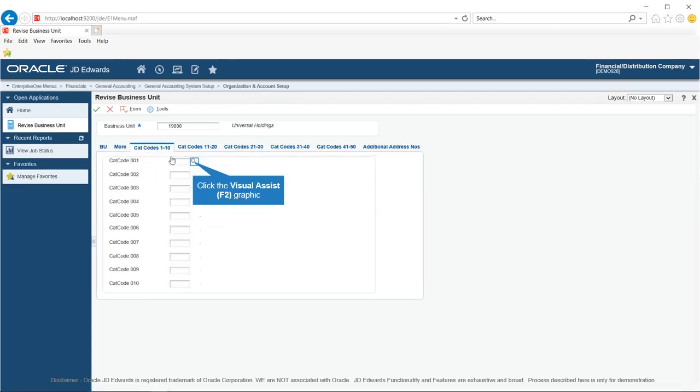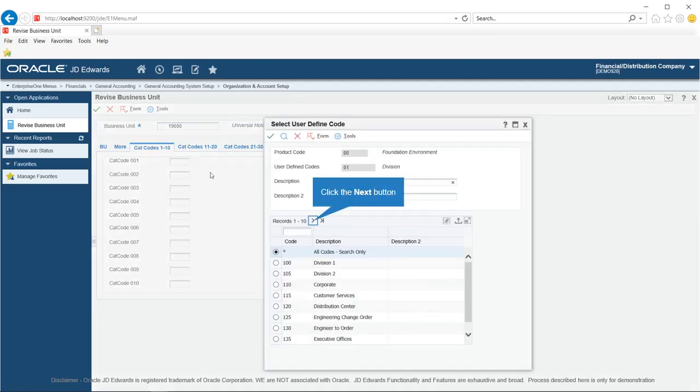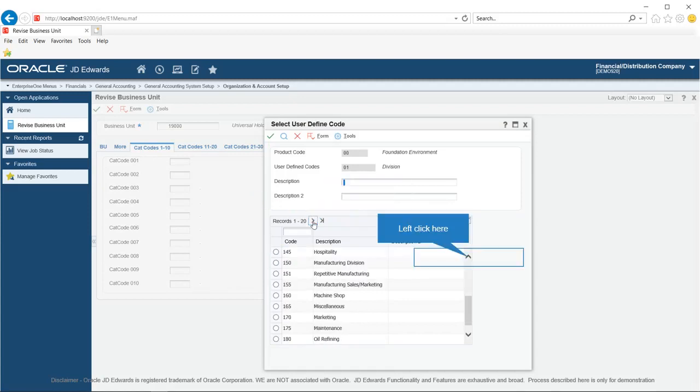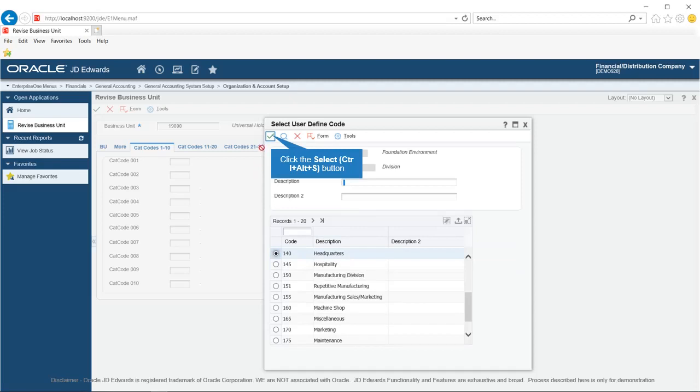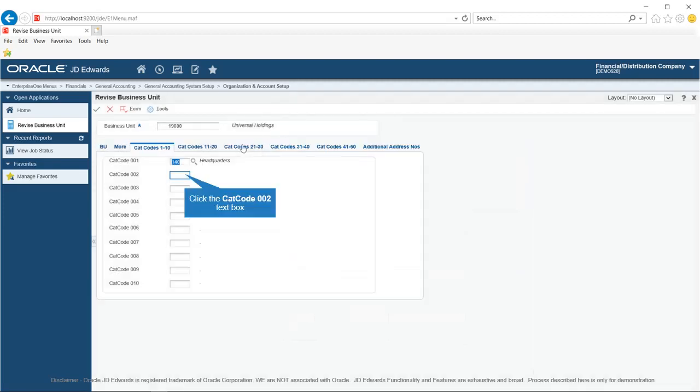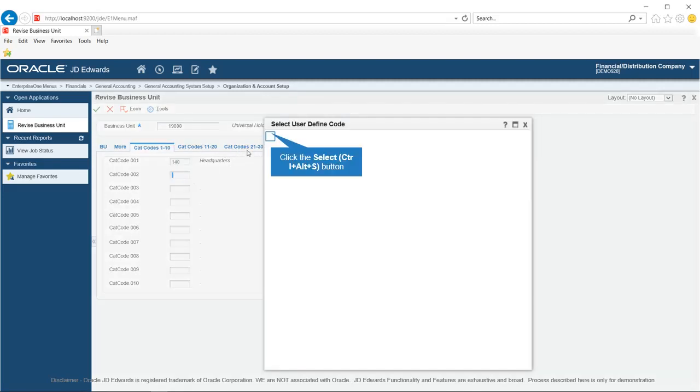Now, let us define some category codes. On the category codes 1 to 10 link tab, click in the category code 1 field. Select a value from the UDC table, for example, 140. Click in the category code 2 field. Select a code from the UDC table, for example, select star, that is all codes search only.